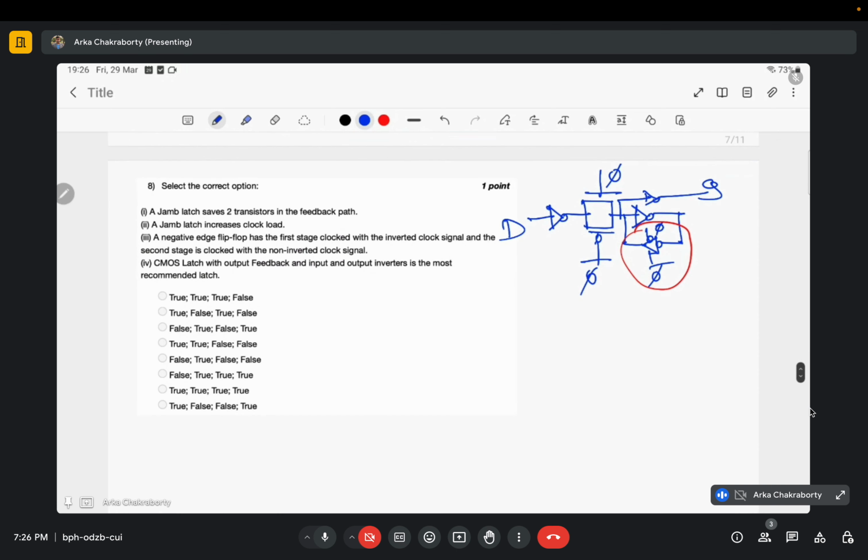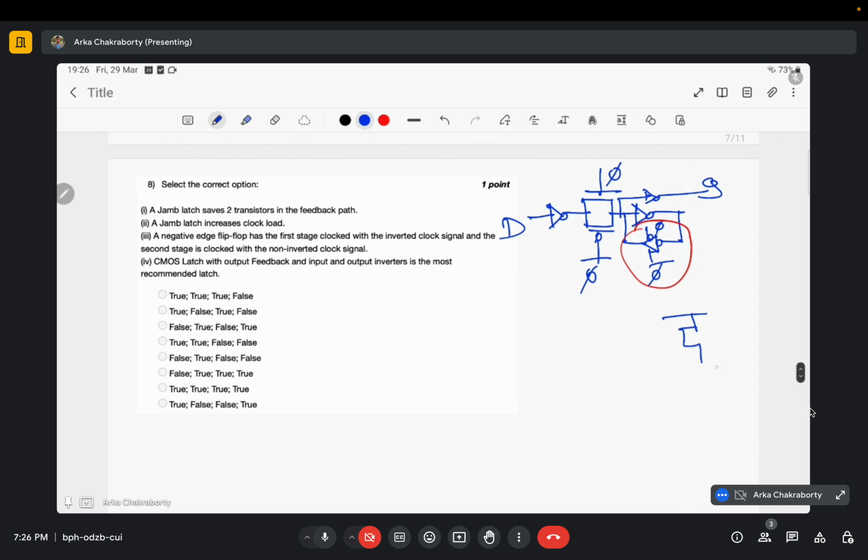So what is the circuit of this tri-state inverter? Something like this. PMOS, PMOS, NMOS, NMOS to be connected. D, and here it is phi and phi bar, because it's reverse of this one. This one is reverse of this one. So here above will be phi bar, phi, below will be phi bar. Header device it will be phi, footer device it will be phi bar. Okay,